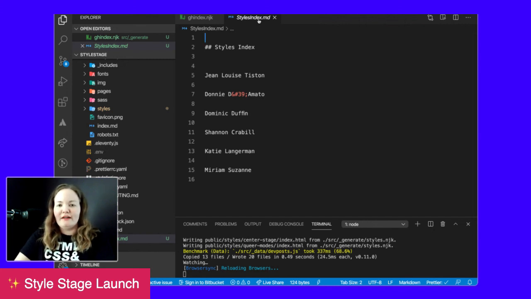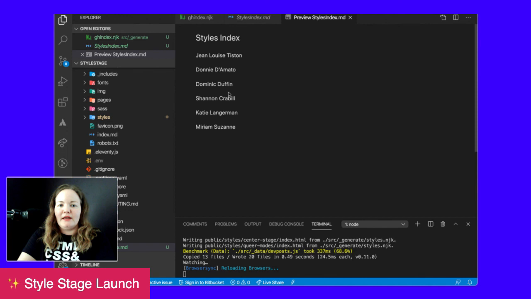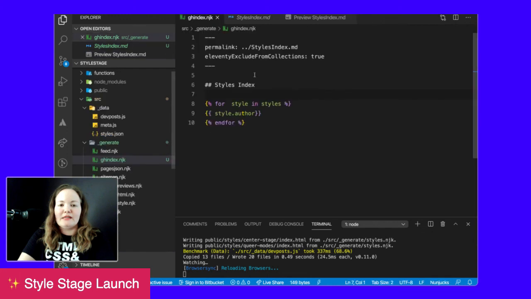If you are in VS Code, I learned this trick recently. I'm going to right-click on the tab. You can say Open Preview, and you can get a Markdown preview. Super helpful to make sure that our formatting is how we intend. So I don't just want style.author, that particular thing, to be by. First thing I want here,